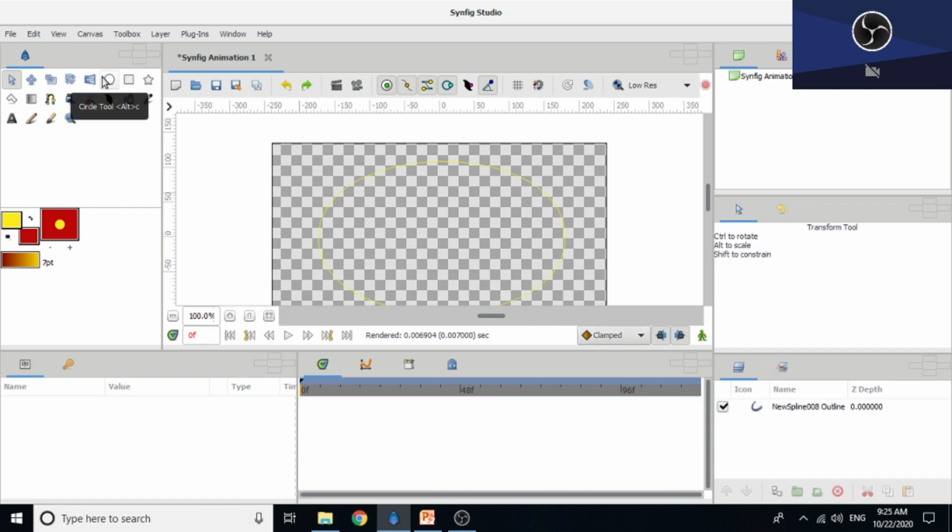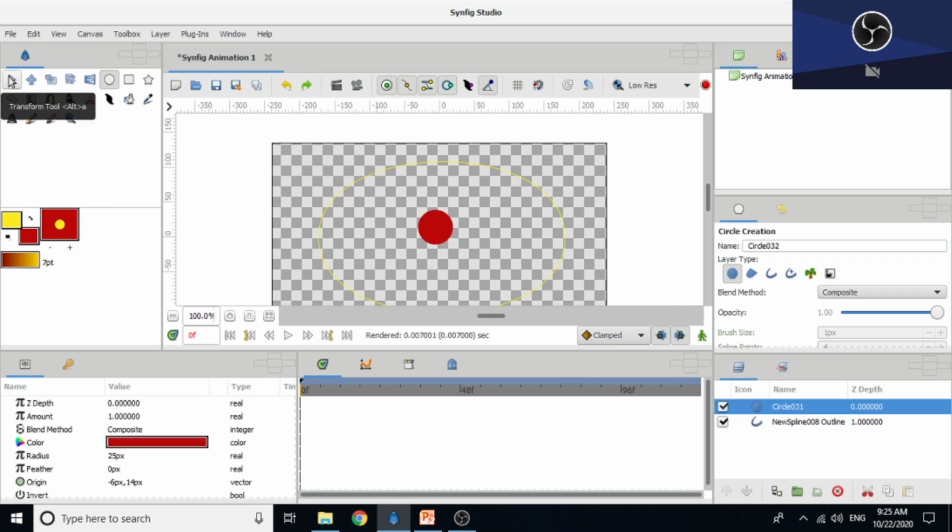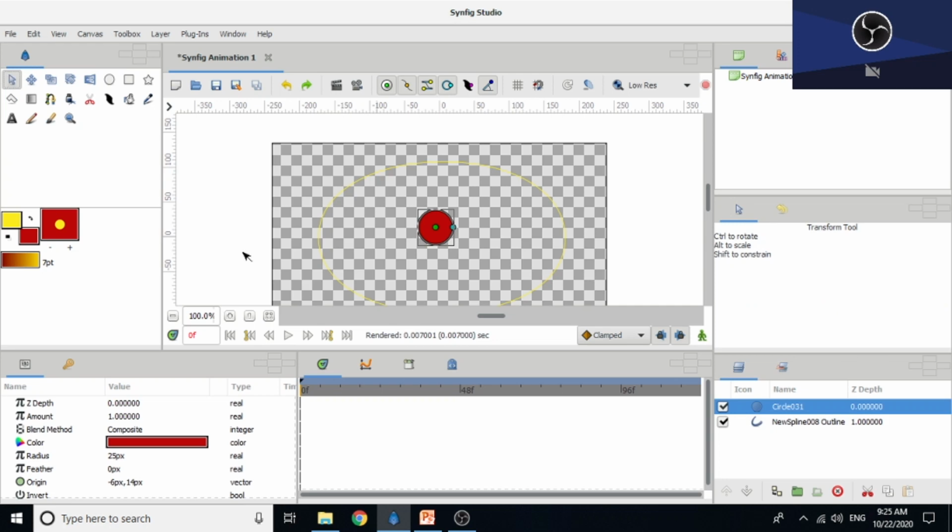Now create a circle. So click on the circle tool. See here in tool options, only the circle layer option must be selected. Select it and create a circle. Again click on the transform tool. You can see the two layers we have created, a circle layer and a new Spline, that is Beeline actually.